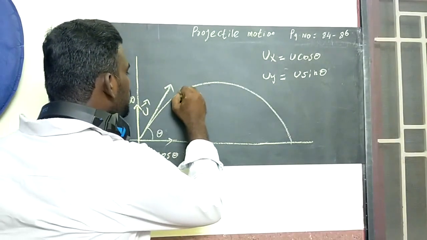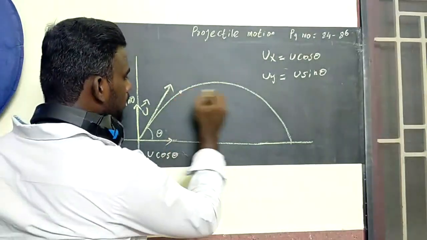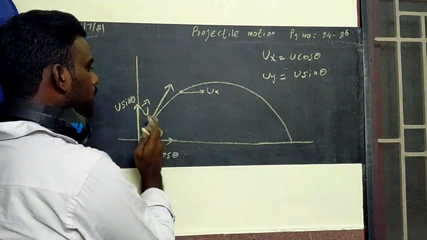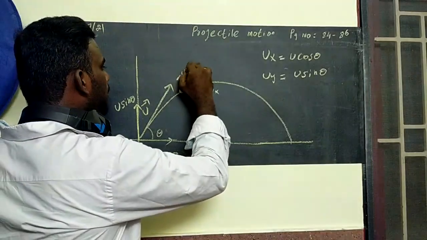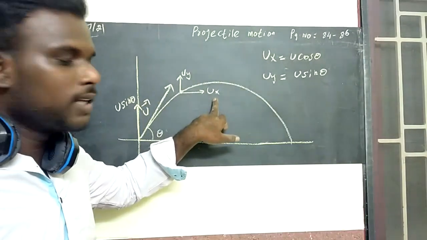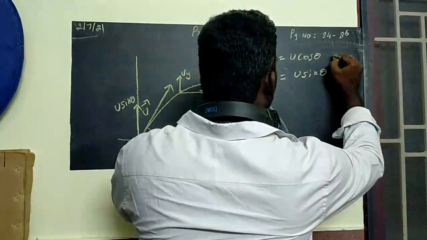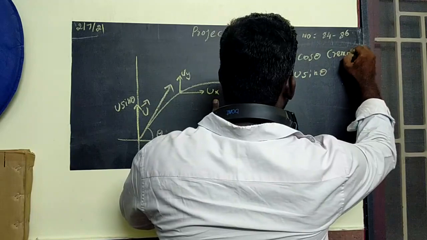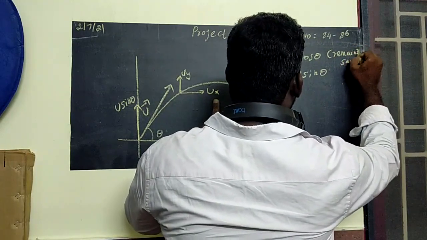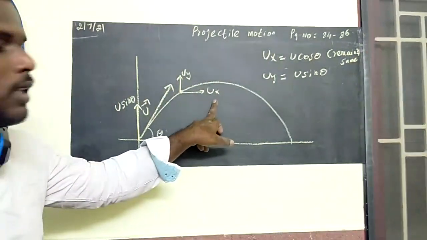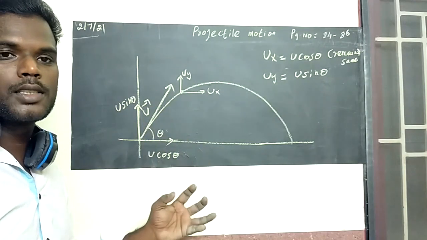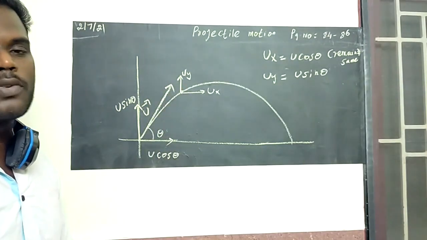Suppose we choose this point, the velocity in the horizontal direction will be what? That is ux. The velocity in the vertical direction is what? uy. And we know that there is no force opposing the horizontal velocity, and because of that this ux remains the same. I told you, it will not be affected, as no force is opposing the ux. Then what about uy? It will keep on changing, because it is moving under the influence of gravity.